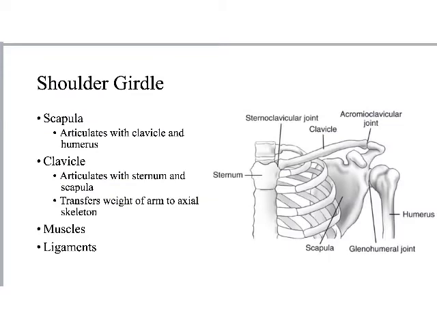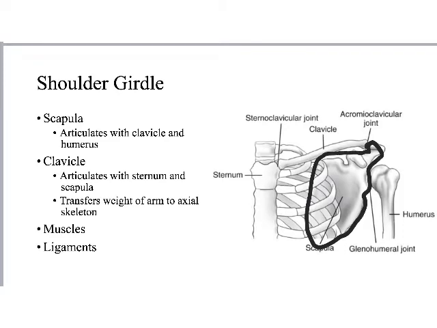So if we start looking at the shoulder girdle, which is the part of the body that Aaron Rodgers fractured, we can see that it's composed of really just a couple of bones, but then there's numerous muscles and ligaments. And we'll talk about the muscles when we get to the muscle chapter, and we'll talk a little bit about the ligaments when we get to the joint lecture, which will be at the end of the skeletal system. So for now, we're going to focus on the bones. So the scapula, which is this bone here,